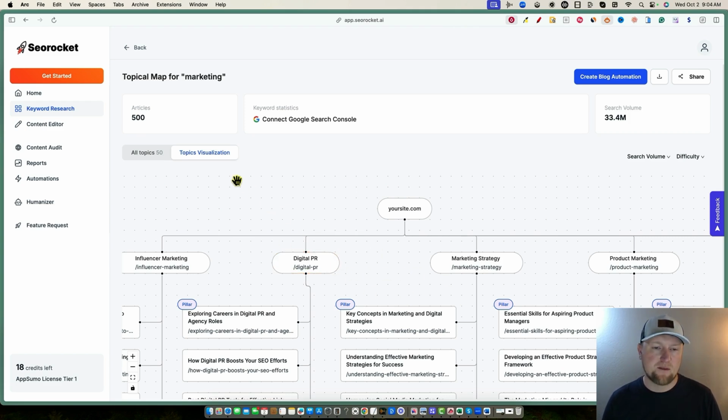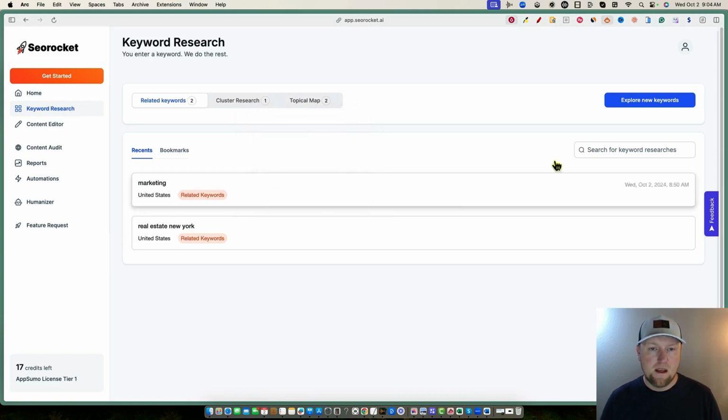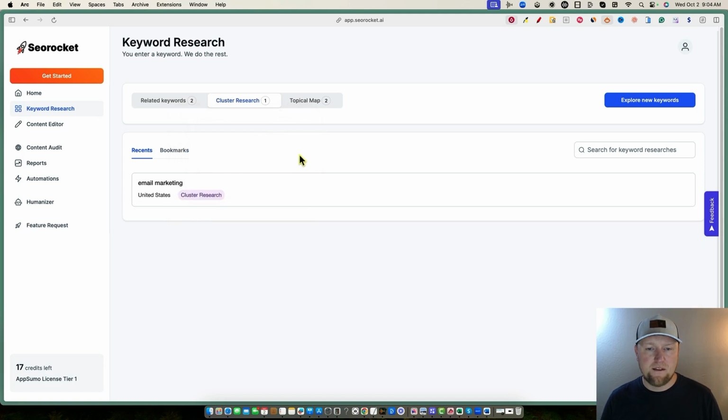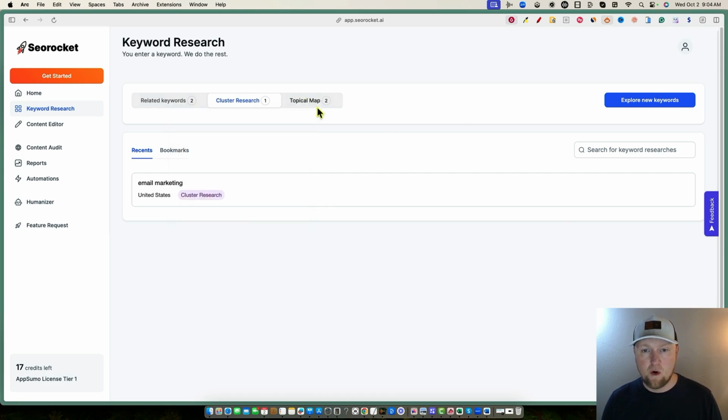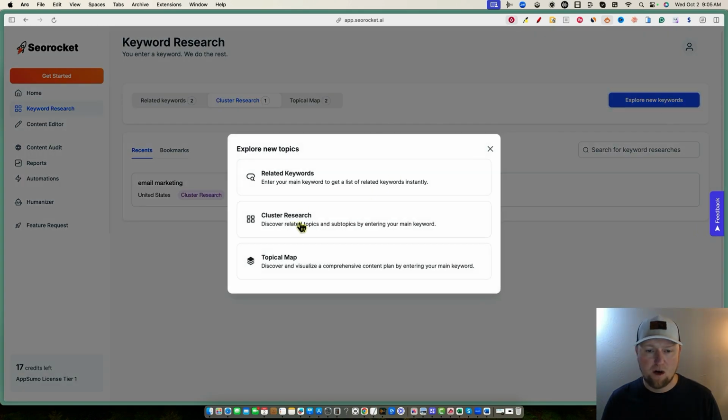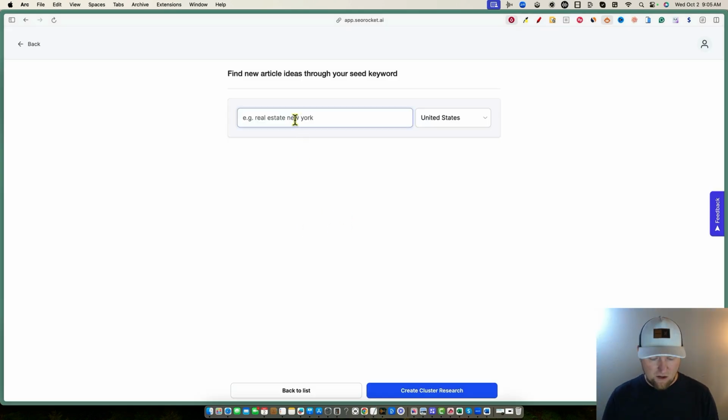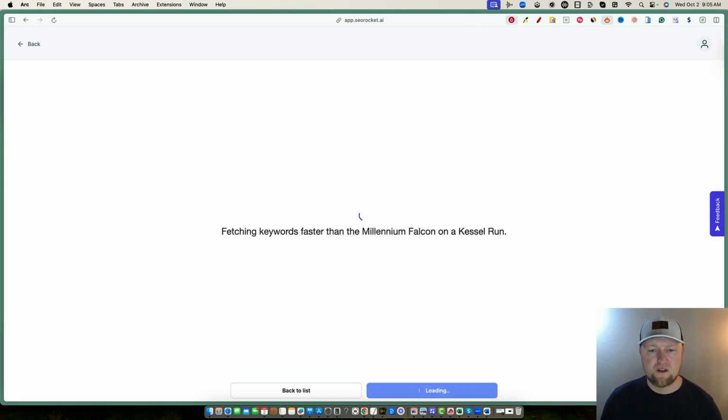So far, very impressed with the topical map keyword research function right there. Last thing, keyword clustering. This would be something that you also would maybe want to use to find the keyword clusters to put into your categories. So I'm going to go over here, go to explore new keywords, and go to cluster. Let's try more specific, email